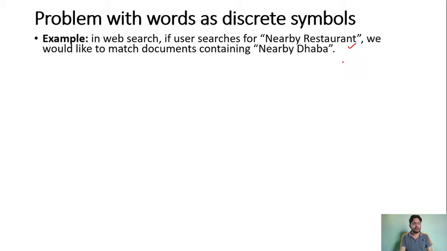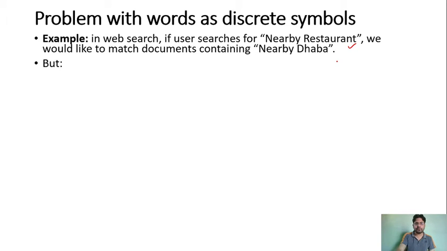Suppose you are doing a Google search for nearby restaurant, and you are somewhere in Punjab. You will look for nearby dhabas as well, because dhabas have the same property as a restaurant. So whenever you match those things, you look for nearby dhabas as well.